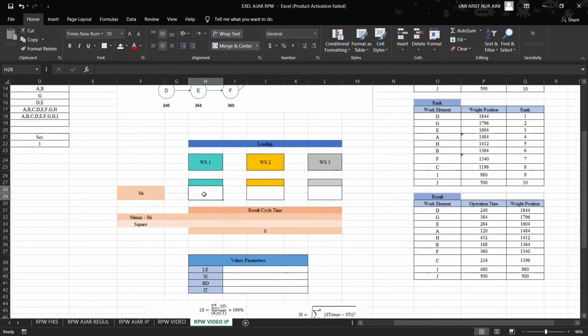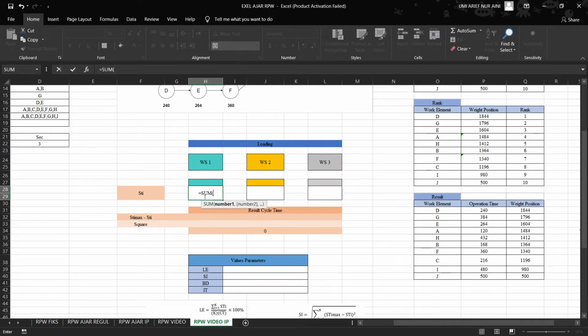For the time of every workstation, you can get it from the result table. For the calculation of WS1, workstation 1, you use the formula SUM, and then you select the operation times from work element D until work element H, like this, and click enter.